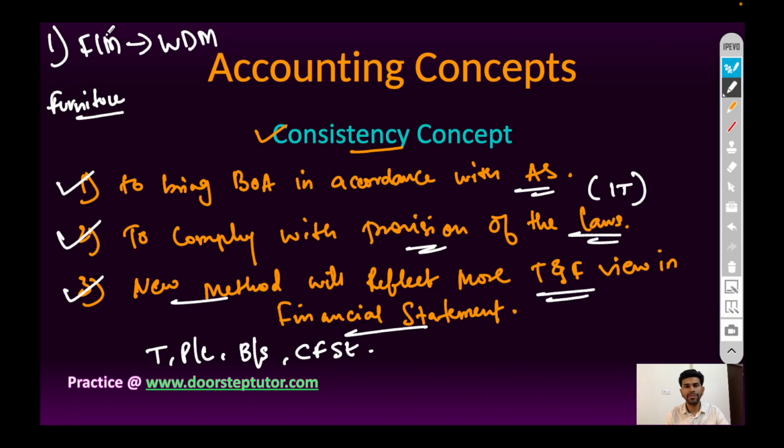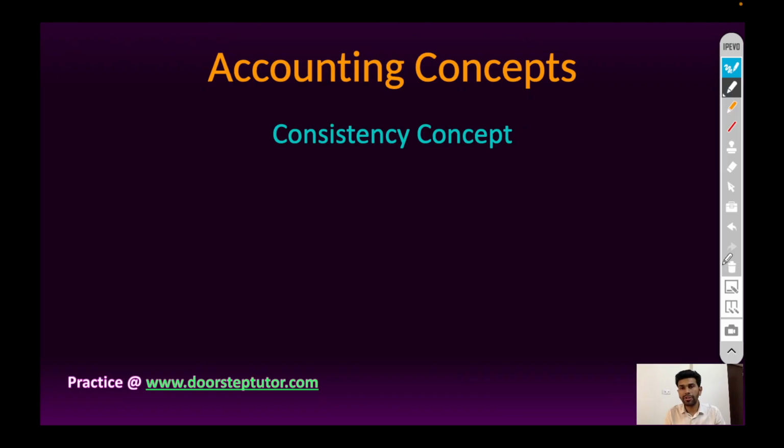depreciation on furniture is charged at written down value method, but later on it realized that the performance of furniture is constant over the years, then the business can shift the method to fixed installment method, because the new method of charging depreciation reflects a more true and fair view. It reflects a more practical view in accounting statements. So depreciation on furniture should be charged at fixed installment method, because the performance of furniture will be constant over